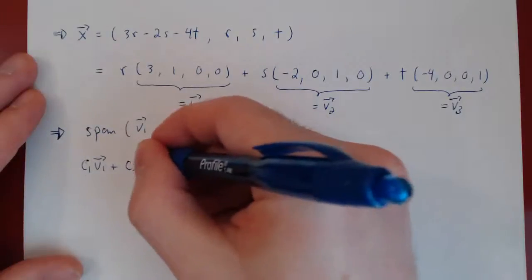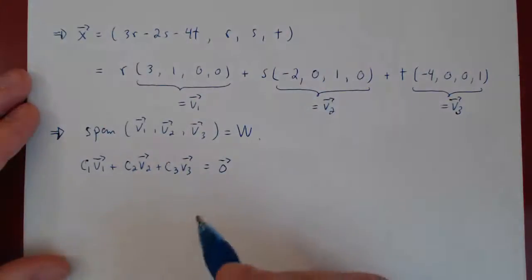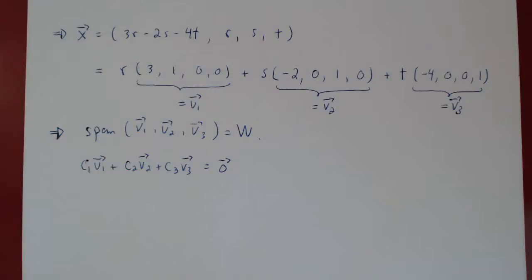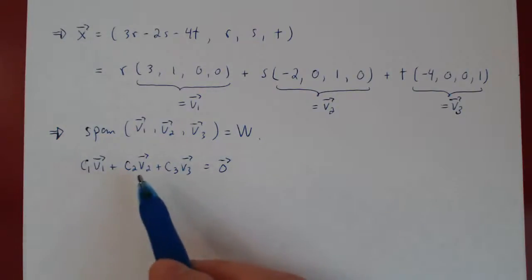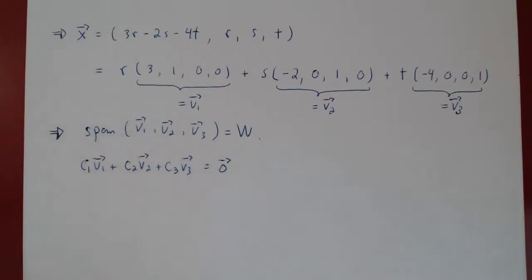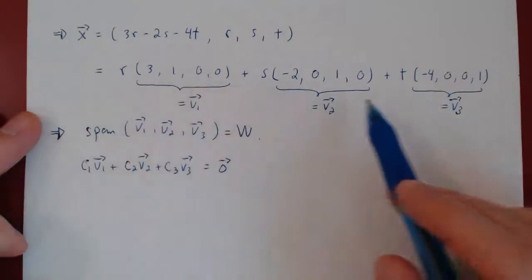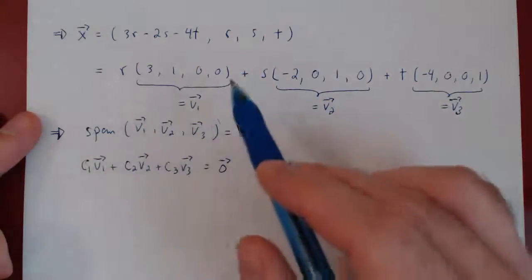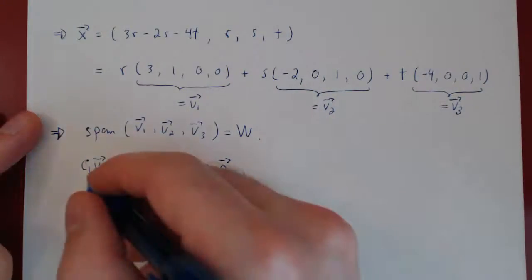So an arbitrary linear combination of these three vectors giving the zero vector. And if we can prove that c1, c2, and c3 are all equal to 0, this will prove that we have a unique solution to this equation, being the trivial solution, which by definition proves that these three vectors are linearly independent. But if you look at this now, if you collapse this combination as a single vector, replacing simply r by c1, s by c2, and t by c3, you will obtain that this vector